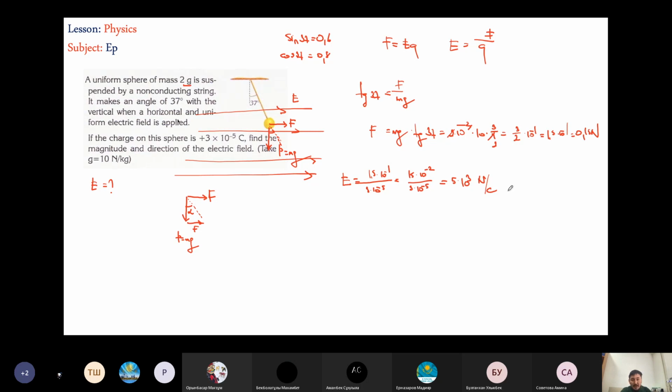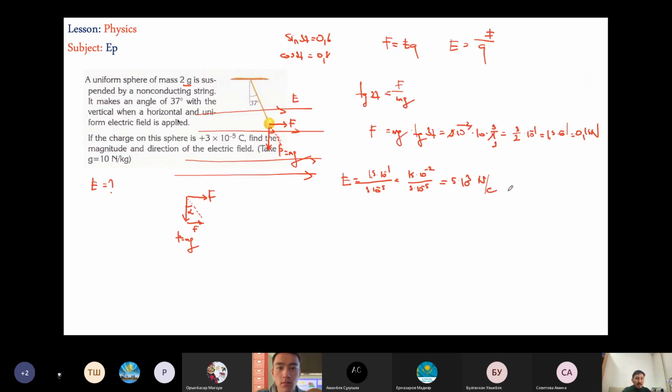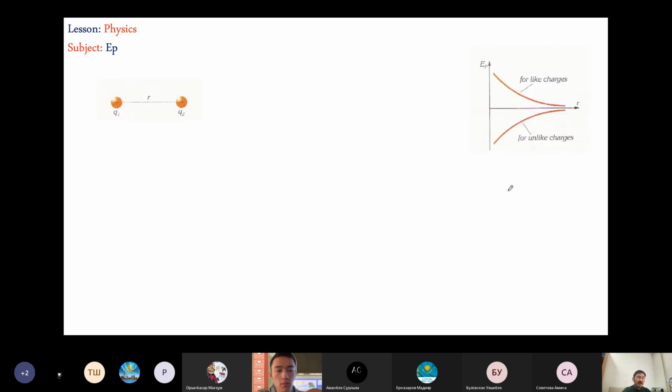Now, the next part that I have to come is related to the electric potential energy. Мына жерде electric field болған. Мынаның алдында да electric field пен energy'дің арасында қандай айырмашылық бар деп ойлайсыңдар? Біріншіден, electric potential energy is a scalar. Яғни оның бағыты жоқ. Тек қана мәні ғана бар.